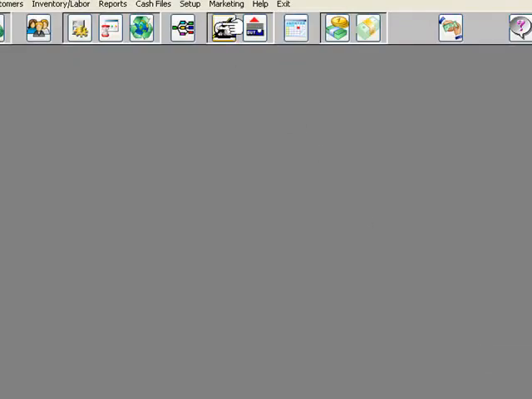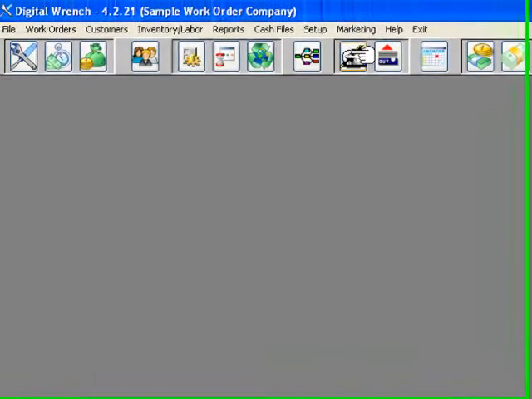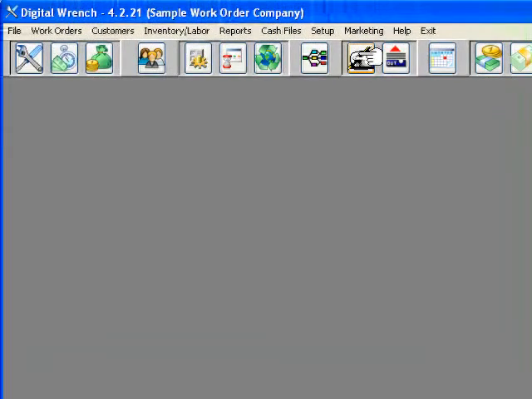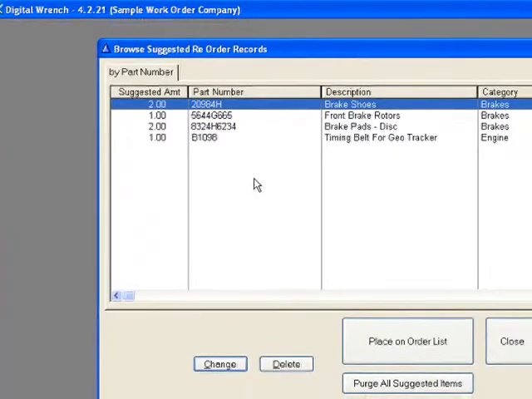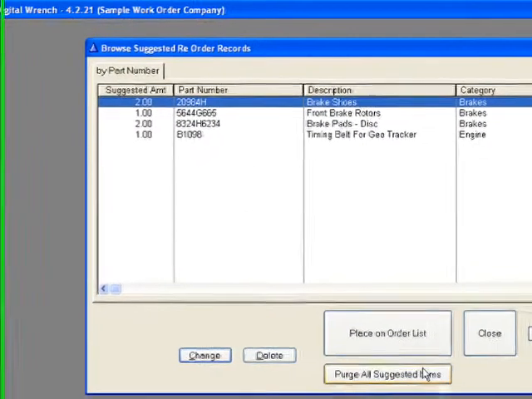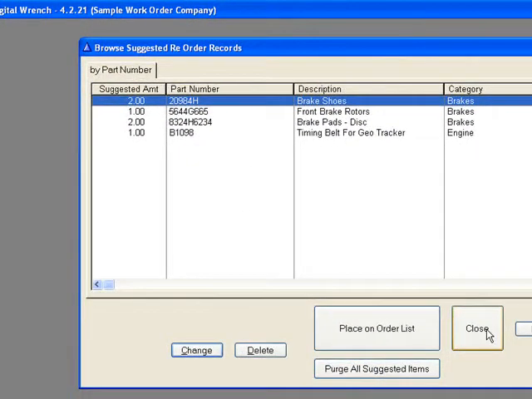Next icon is suggested reorder list. So when you're putting items in inventory, if you put a minimum quantity in that inventory item and you sell the item and reach that minimum quantity, it'll go in the suggested reorder list, where you can go in, look at the item, look at the history on the item, and decide whether you want to order it again or not. If you want to order it, you just click on the item and click on the order, put it